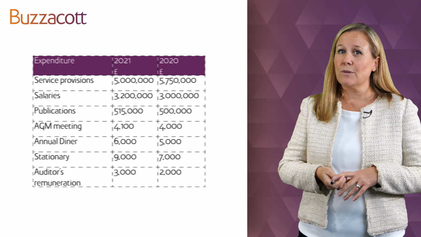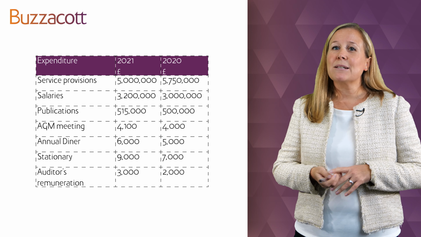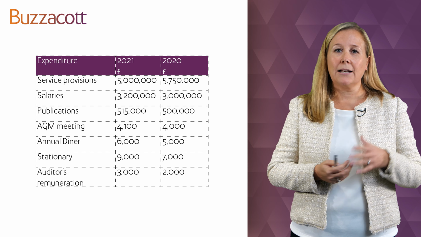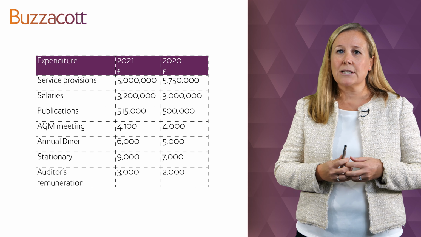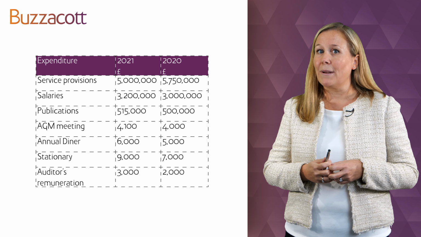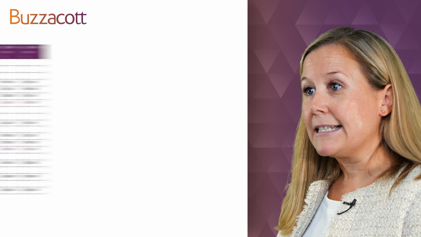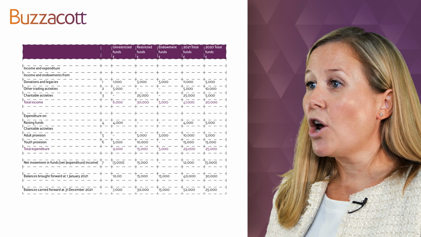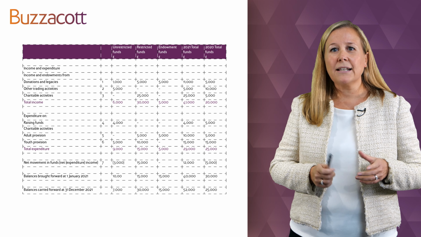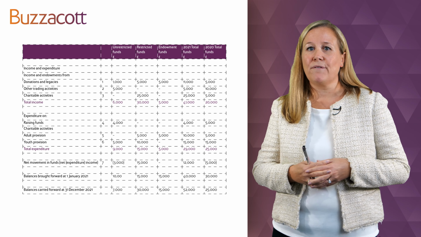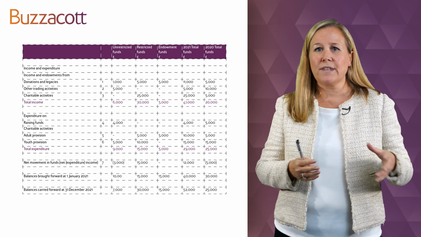So what stands out to you in these figures? And this here is a bit of an exaggerated example. It does include spelling errors, some unhelpful descriptions, but really different stakeholders looking at these might have different comments. Now, what I have is a slightly tidier version of the same numbers, and hopefully you can see the difference that this presentation makes. I think, to be honest, I'd be tempted to tidy them up a bit further, maybe put all of the expenses under one heading if they want to look into that in a bit more detail.